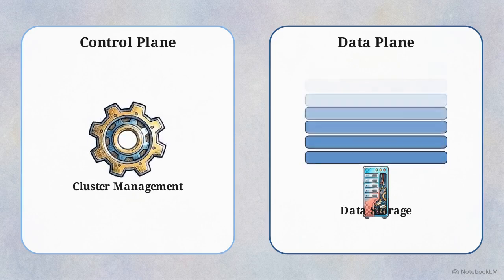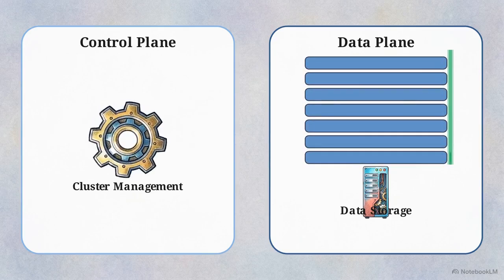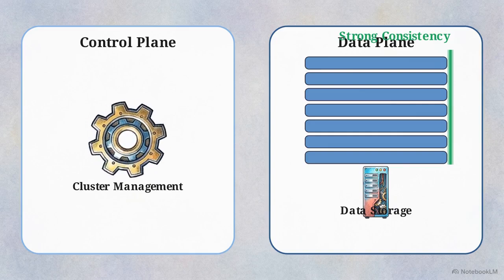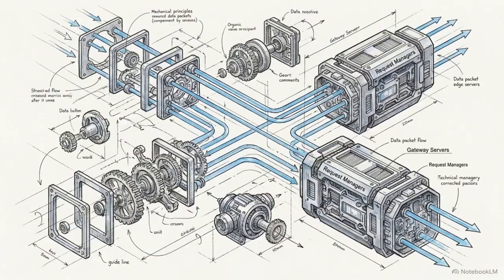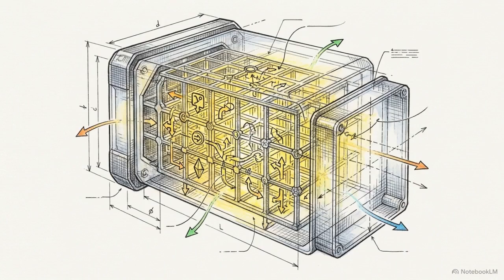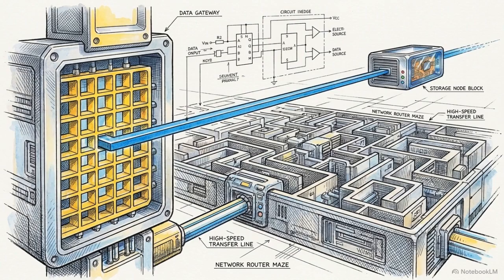Separating data storage from cluster management allows the system to add capacity without compromising the accuracy of individual reads or writes. The process begins with request managers. These serve as the entry point for all client queries coming from the load balancer. Request managers cache cluster routing tables in their local memory, allowing them to locate data without the latency of an